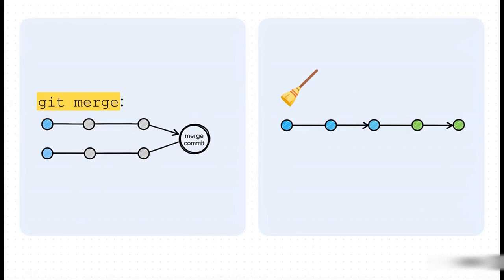Okay, so when your feature is finally done, it's time to combine it back into the main branch. And here, there are really two schools of thought: merge or rebase. Git merge is all about preserving the exact, messy history of how things happened. It creates a special merge commit that ties the two branches together. Git rebase, however,